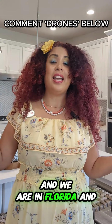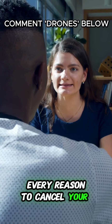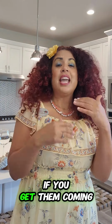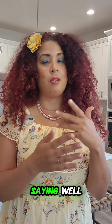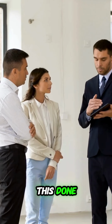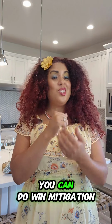And we are in Florida, and insurance companies are trying to find every reason to cancel your insurance. If you get them coming post-closing for an inspection and taking a look and saying, well, we need this done, we need this done, make sure you call your agent, call your inspector, and also you can do a wind